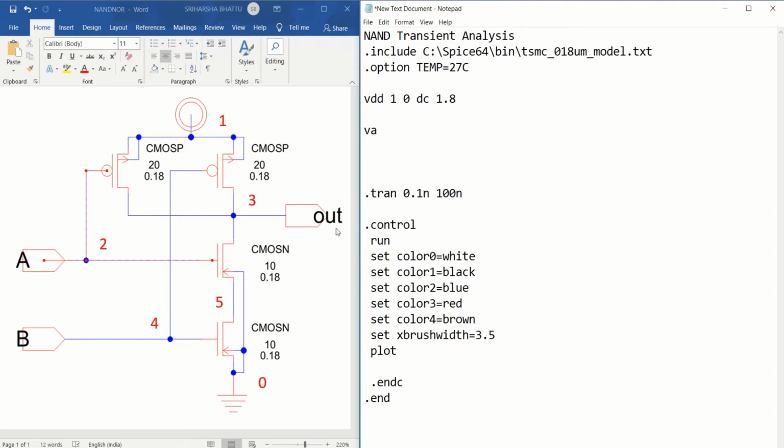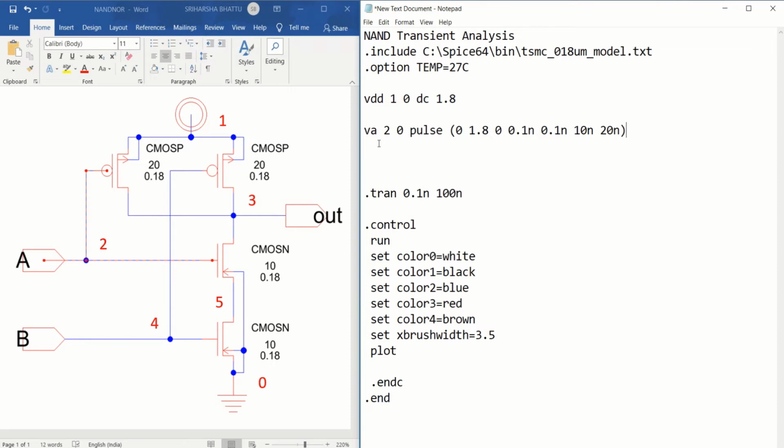You can see this, A is the input that is connected between 2 and 0, which is a pulse having a minimum value of 0 and maximum value of 1.8 volt with 0 delay and 0.1 nano rise time and 0.1 nano fall time, and the width of the pulse is 10 nano, total period of the pulse is 20 nano.